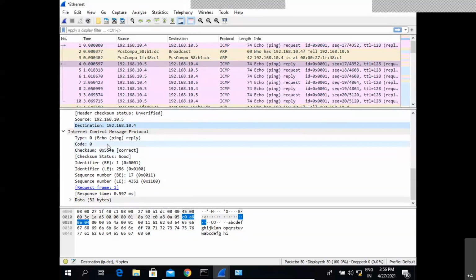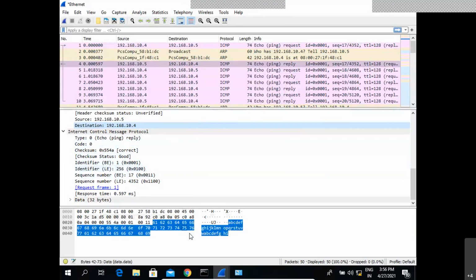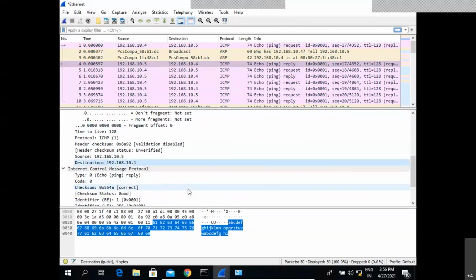Okay. Now, since we are also seeing the IP part, let us quickly discuss the TTL part also, because this is used in one of the scanning techniques to understand the behavior of the destination. Why do we generally use scanning techniques? To understand the destination machine or the target machine, right?